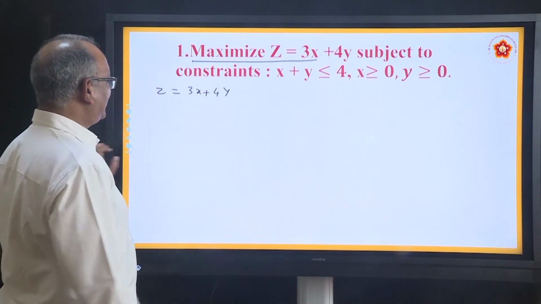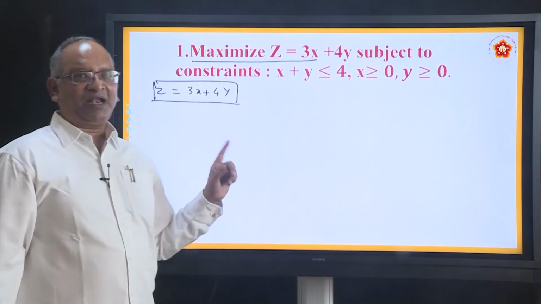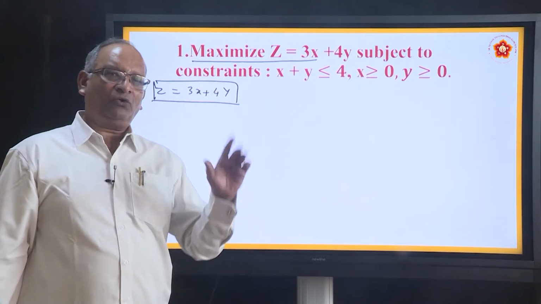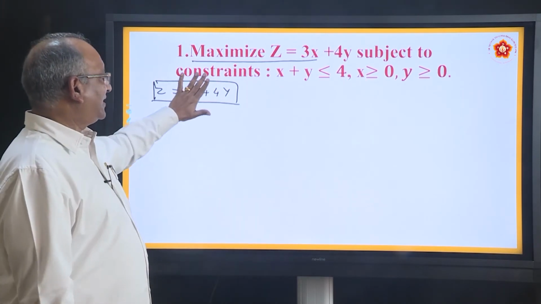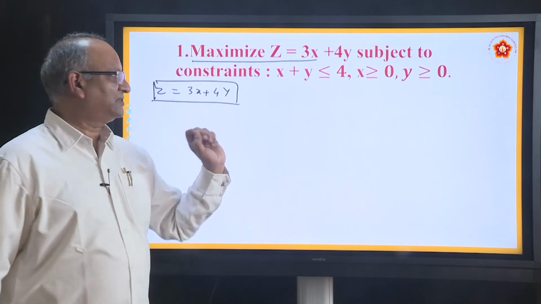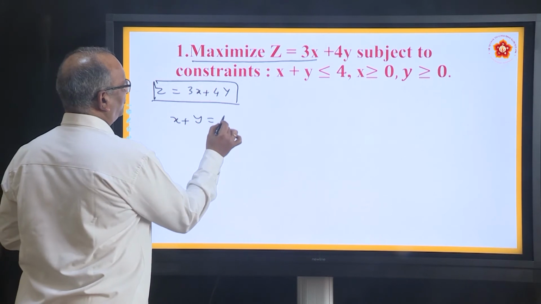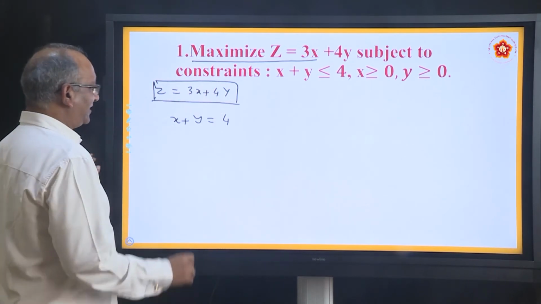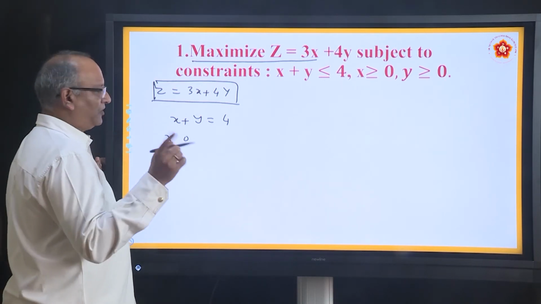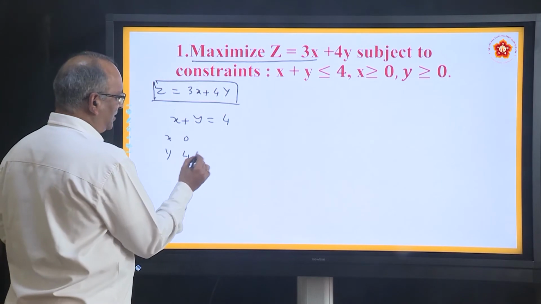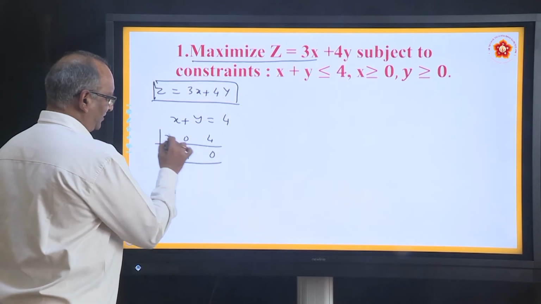So the first constraint, see this we do not draw, please remember. This optimization function graph is not drawn. It is drawn only if it is an open type, and that is also not general. So never try to draw the graph of this. Draw the graphs of only the constraints. What is the first constraint? x plus y equal to 4. We convert them into equations and draw the graph. How do you draw x and y? X is 0. Remember, to draw a straight line you require only 2 points. If x is 0, y is 4. If y is 0, x is 4. This is good enough to draw the graph.